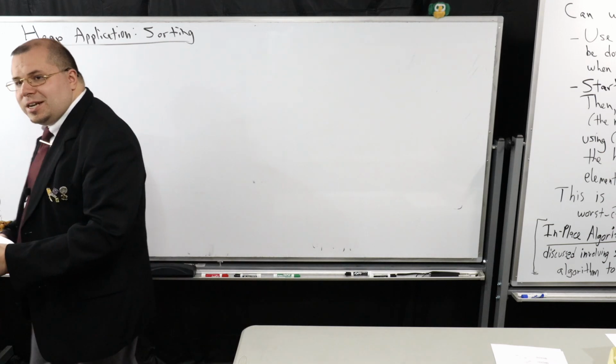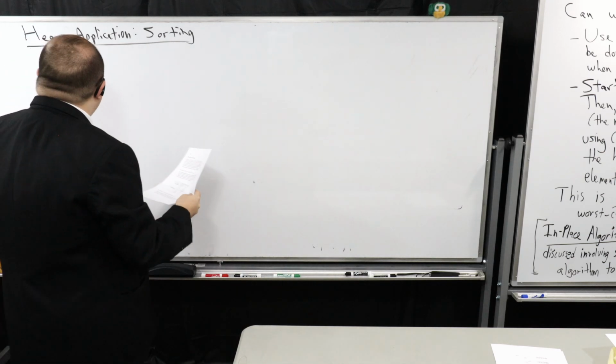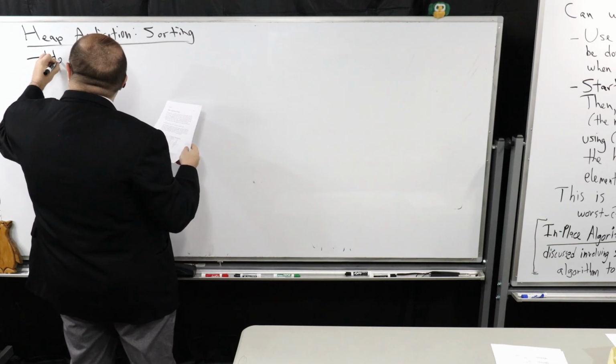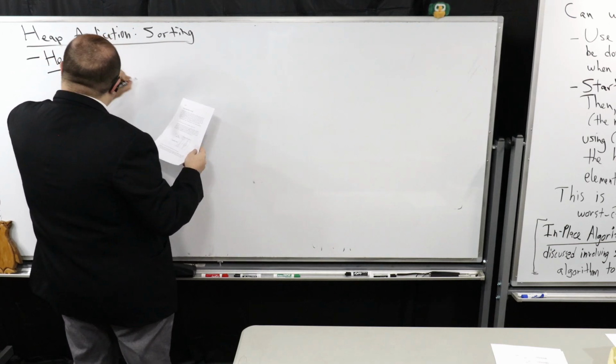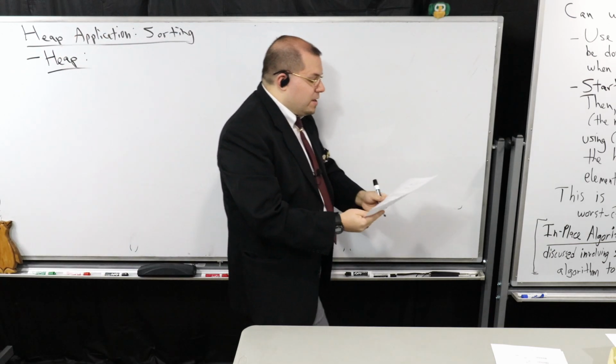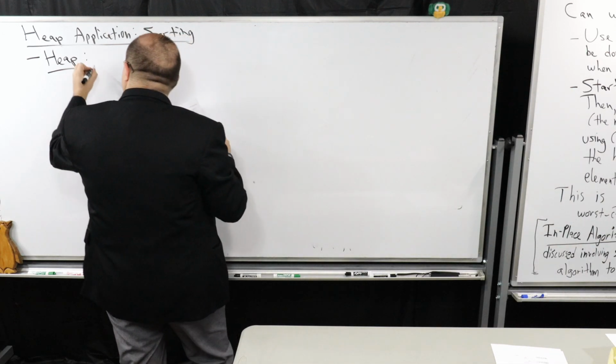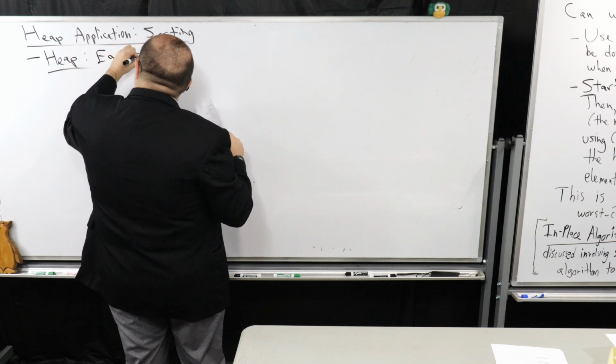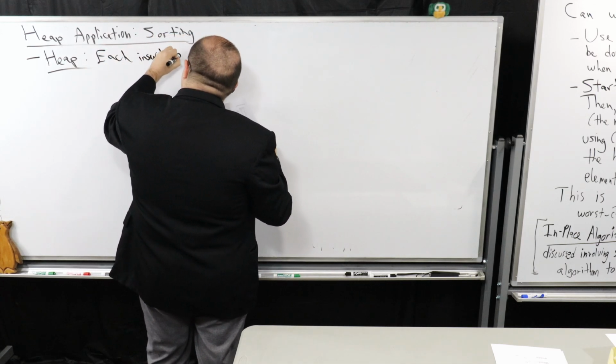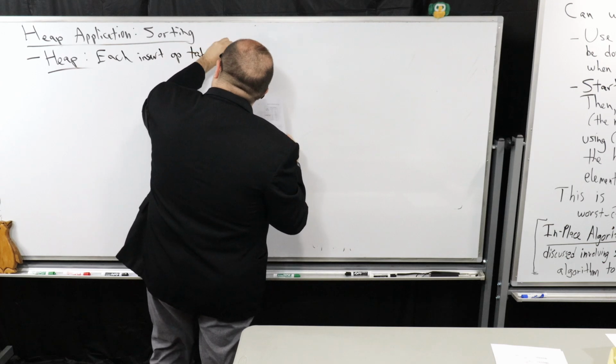Okay, now imagine I take the priority queue and I implement it as a heap. So imagine I use a binary heap to do this. So imagine I have a heap. Now, each one of my insertions, so each insert operation, takes big theta